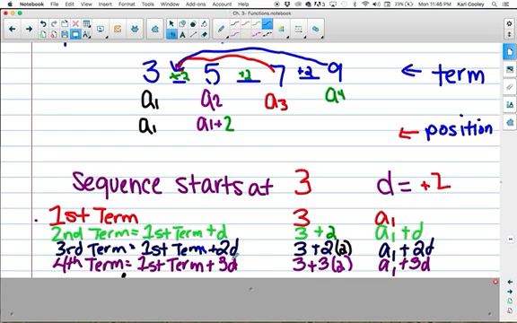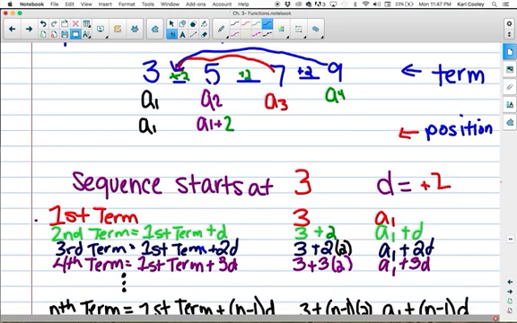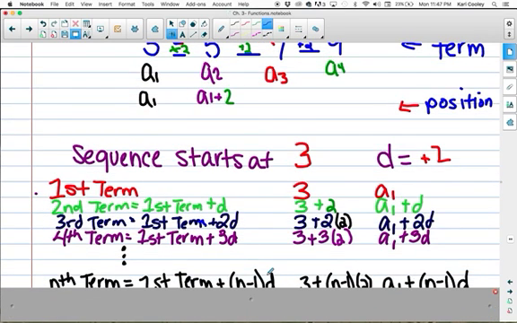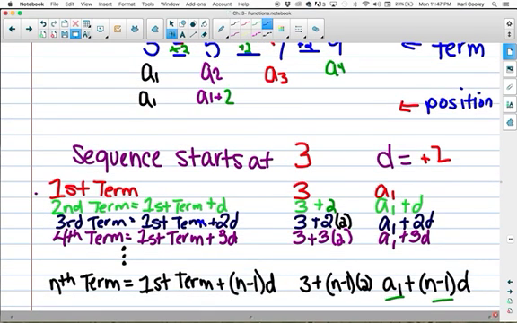So notice the number that's always in front of my d is 1 less than the position of the term itself. So if I'm looking for the fifth term, I would be 4 times d. If I was looking for the eighth term, it'd be 7 times d. Therefore, we can use our philosophy and our generic formula for saying that the nth term is take the first term,